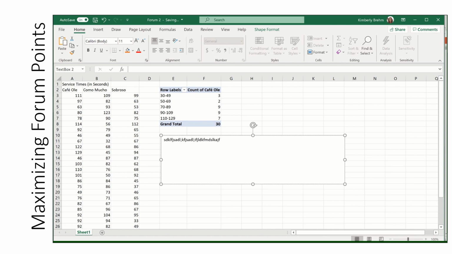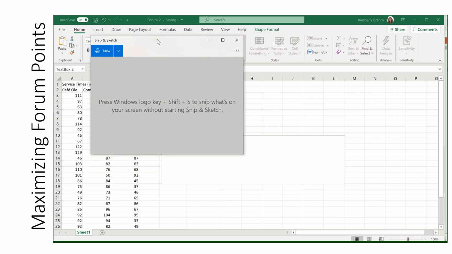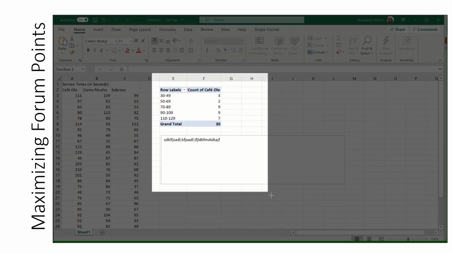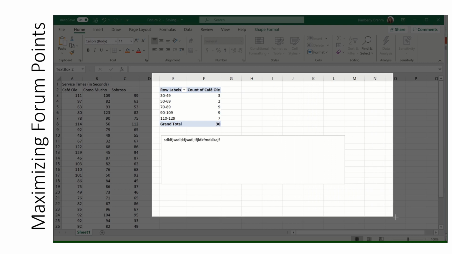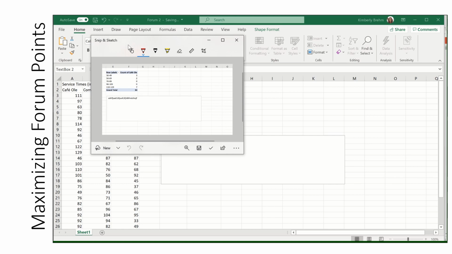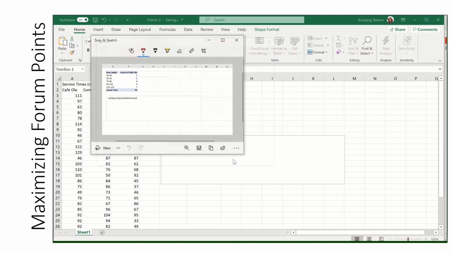I'm on a Windows device, so I'm going to choose to use something called the Snip and Sketch. So I'm going to click New, and of course I would include all 3 distributions as well as my solution. Then I'm simply going to save it. So I'm going to click Save, and typically I'm just going to save it to the desktop because it's easiest